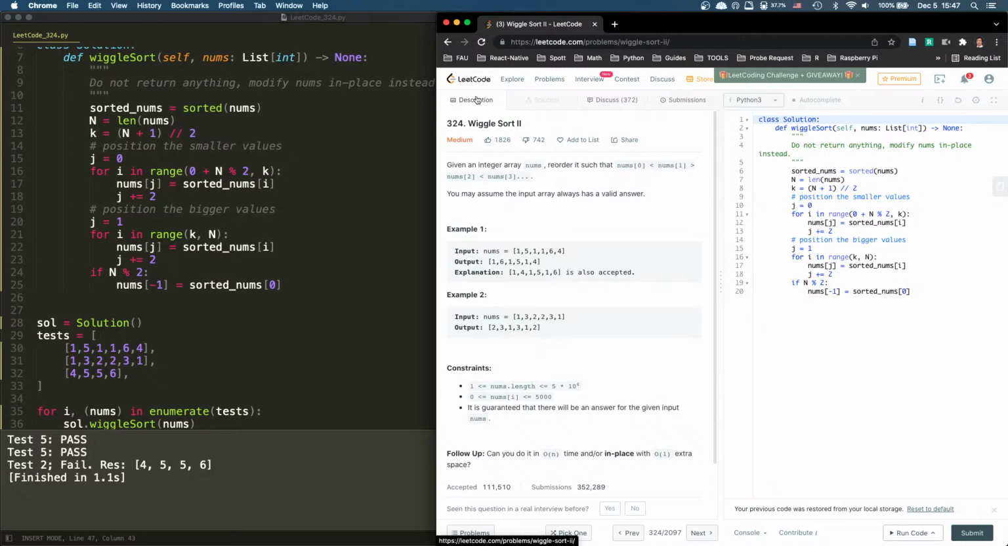Or we can just 3, 1, right? So bigger at the front, and then we just come out 1, 3, and append. Now we can append to the front. That's fine. And then once we're done, we just rewrite nums. Okay, so this is a stupid way to do this, but